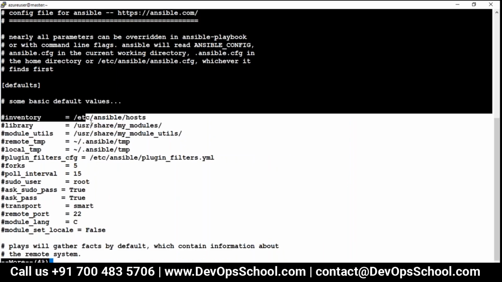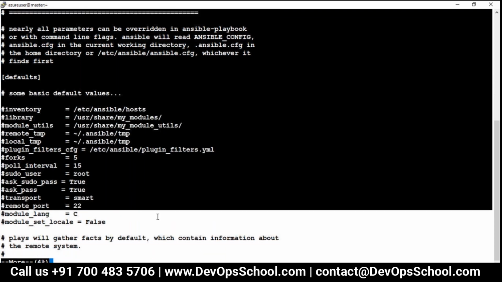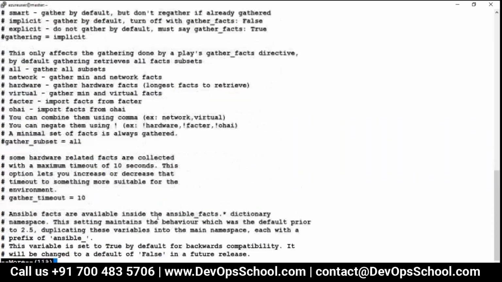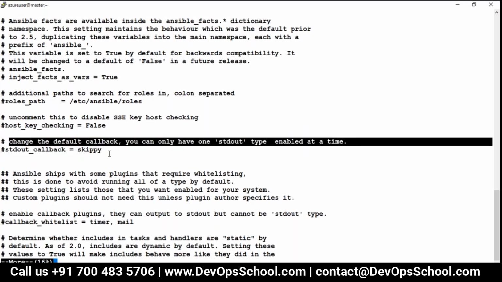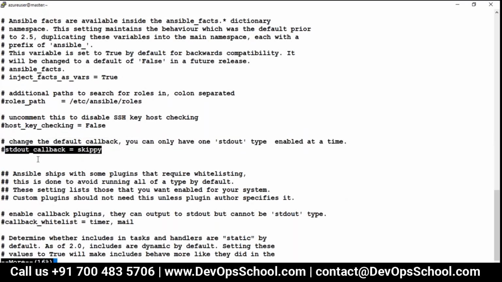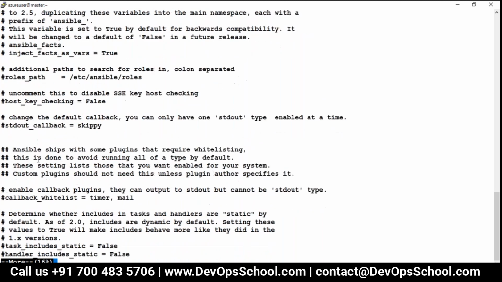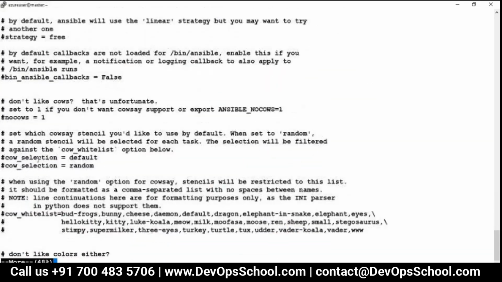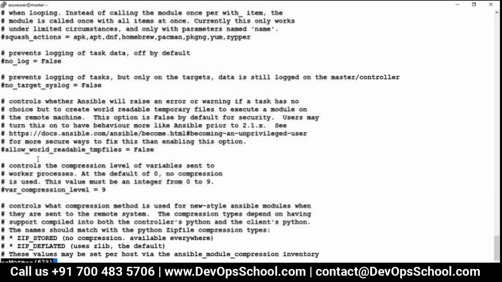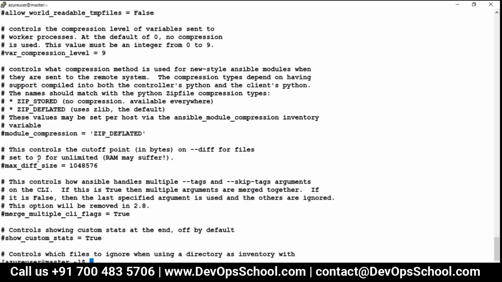In this configuration file, if you look at it, most of these options are commented with a hash. You have a description about these options, and then you can uncomment and make the changes. So it's up to you. All this stuff you can modify. It's a pretty long file. Slowly we'll get to know it one by one. We will not jump ahead and complicate the process, but this is the file you have to know.